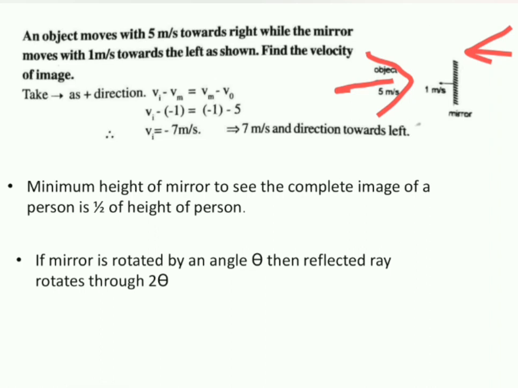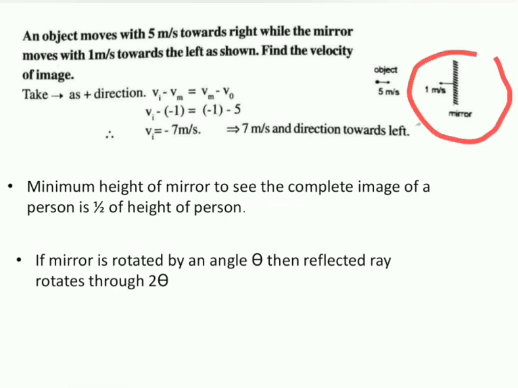So first find out what is velocity of image with respect to mirror, which should be equal to velocity of image with respect to object in opposite direction. So if I write it in the relative velocity concept, Vi minus Vm, Vi is velocity of image, Vm is the velocity of mirror. In your question, velocity of mirror is minus 1. If you want, you can give the direction as I cap. I did not give it.